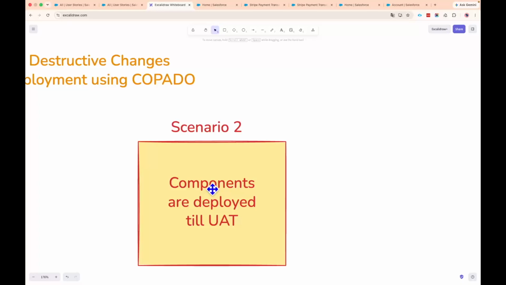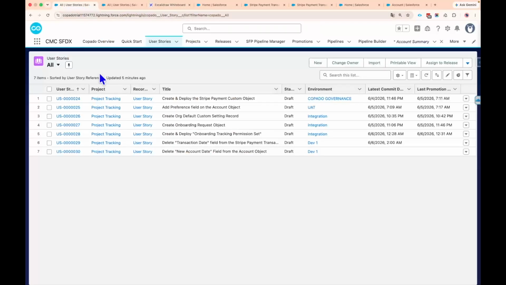That means development was done into the lower sandboxes and then it was deployed maybe to the next sandbox or all the way till UAT environment. Now your business or your BA has come and said, hey, this particular component is not needed, we no longer want this component to be deployed, so let's get rid of this, and you want to delete it up to the UAT environment. In this case, what we have is a user story, and that user story says